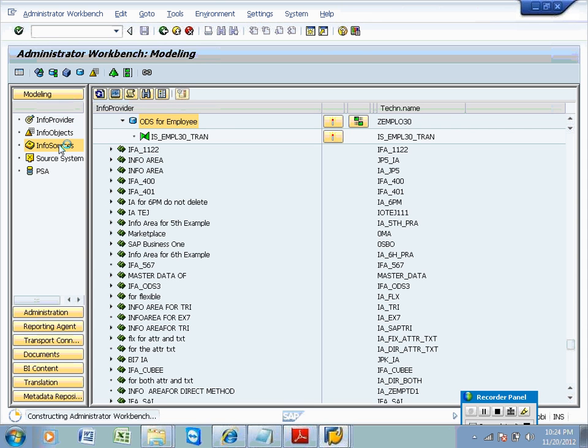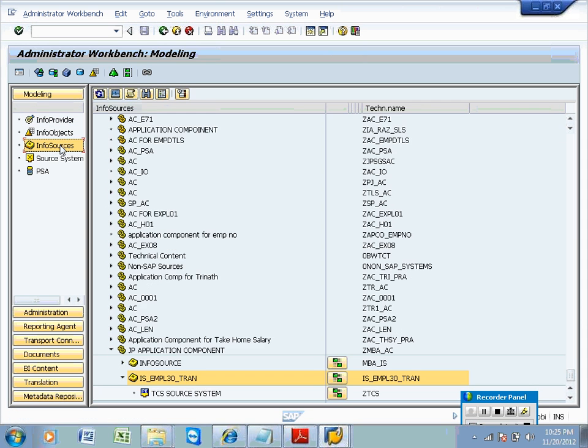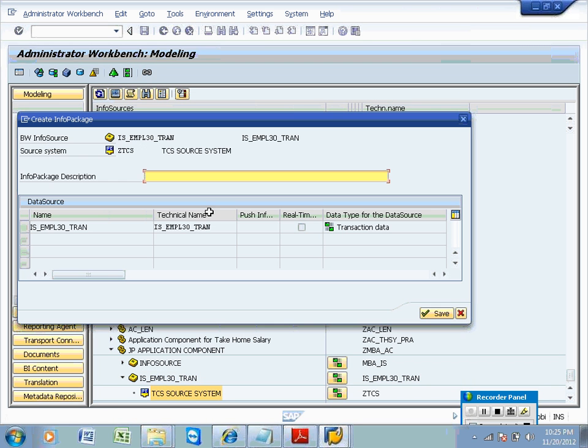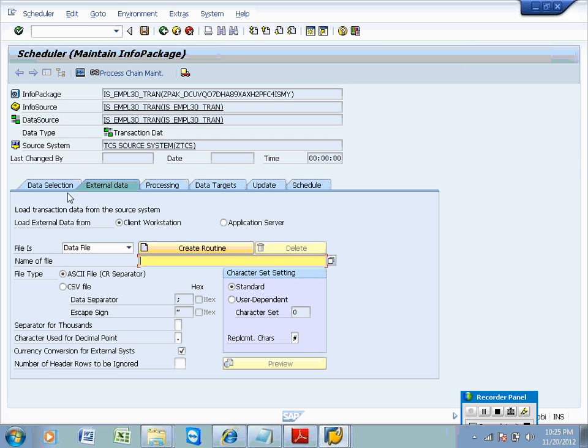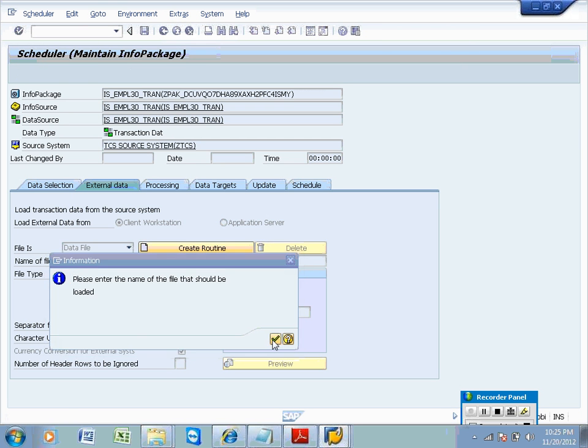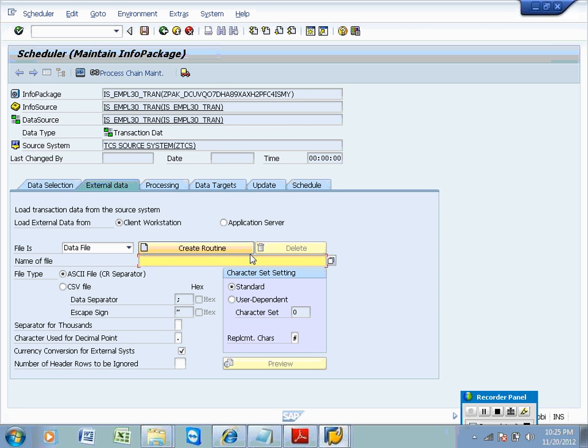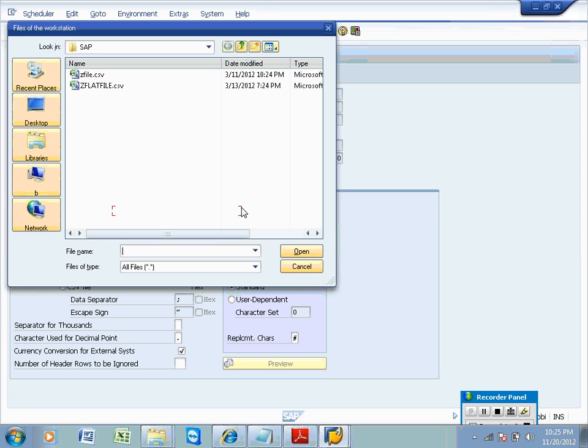If I select info source, and if I trigger, so this is your info source, right? Okay. If I trigger IP, then data will transfer into new data table only. The only reason is I didn't set activation in ODS setting. If I set that one, automatically it transferred into CSA first, new data table next, automatically transferred into active data table and change log table.